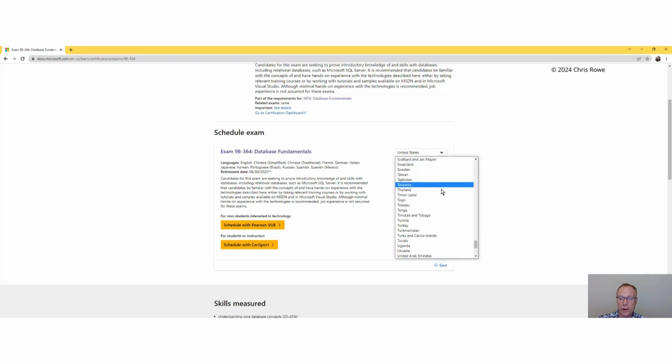Obviously wherever you are, you can change your currency. Obviously we're in Australia here, but it's all still done in US dollars. If we go to the UK, for example, you can see it's 87 pounds. Now be aware that this does not include the tax in your country, so you'll need to add that on there.